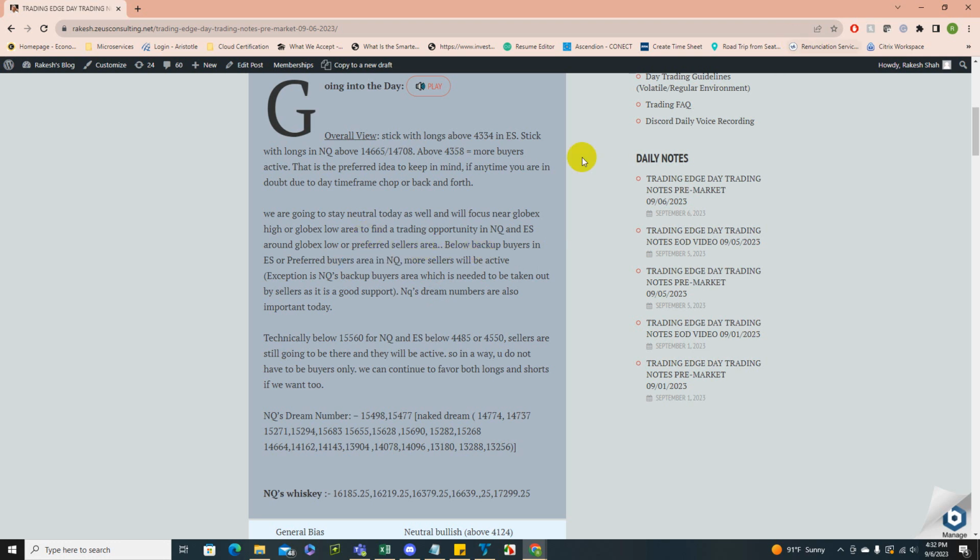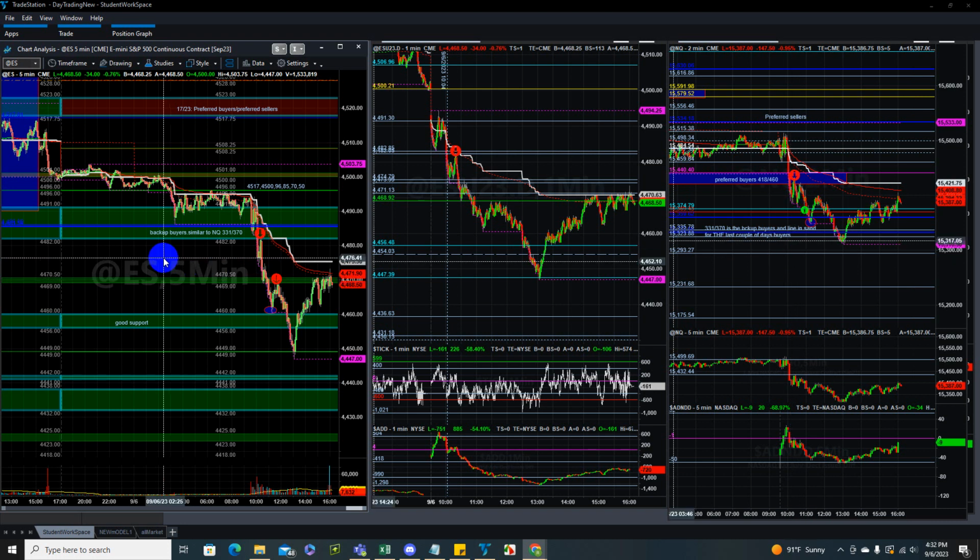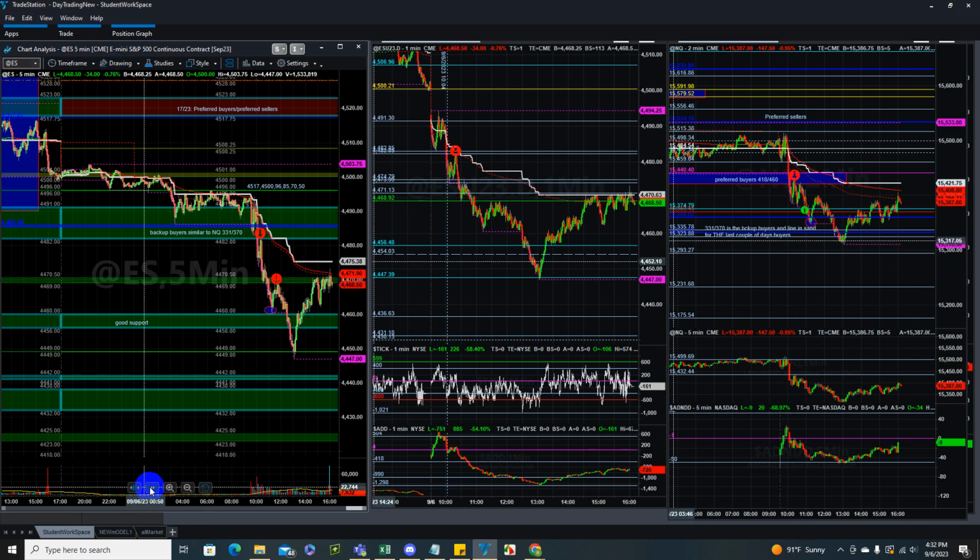That's the story, okay? And Globex high, Globex low. So below backup buyers area in ES, this, right? And then below preferred buyers area in NQ, this, right? Below that, more sellers will be active, correct? So now you can see